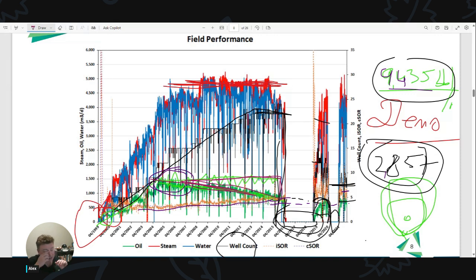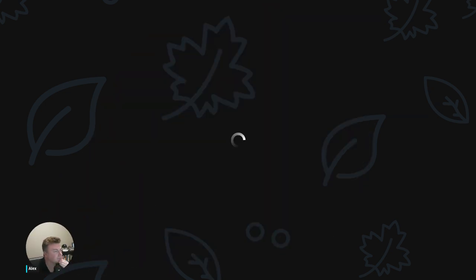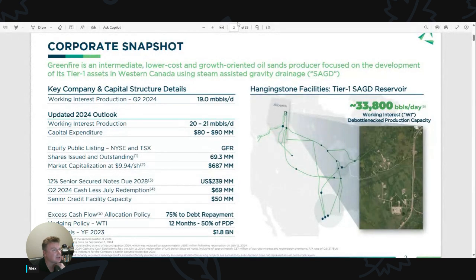Because the way I look at this, I'm more of a technical guy, and this concept of Peter Lynch, know what you own. Yeah, know what you own. All right. So right now, we're gonna look at the corporate slides. So stop screen. Okay. Present, share screen, and we're gonna pick corporate presentation. Okay, so right now we should be seeing the updated corporate presentation,